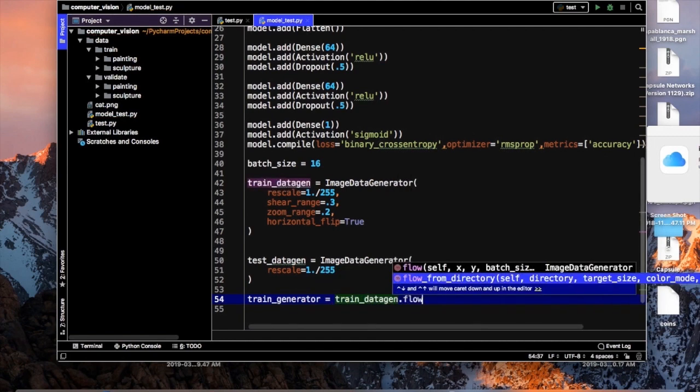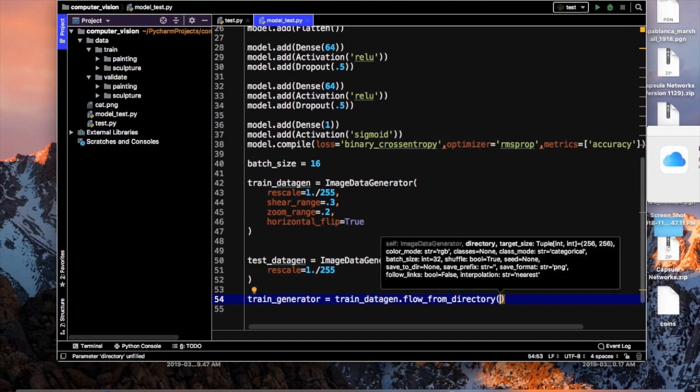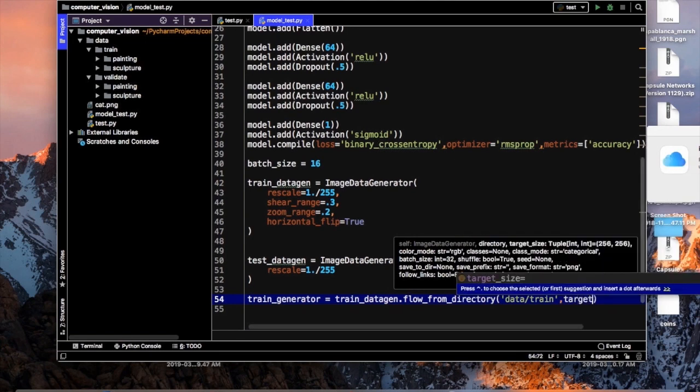And we're going to use the flow from directory function. It's pretty much the same as the flow function that we looked at earlier, but we're just flowing from a directory instead. Before, we defined the photos beforehand that we were going to perform transformations on, and here we are just flowing from the dir. So all the images in whatever directory will get transformed. And we're going to use the entire train, and it will deal with the classes and all that on its own, which is really nice. That's one of the nice things about the high-level